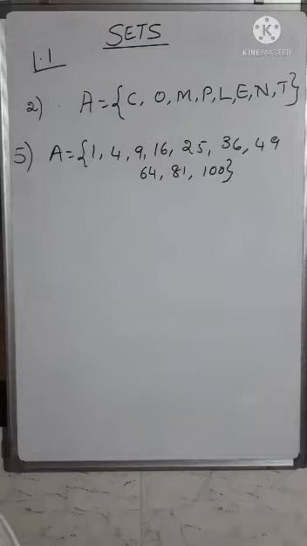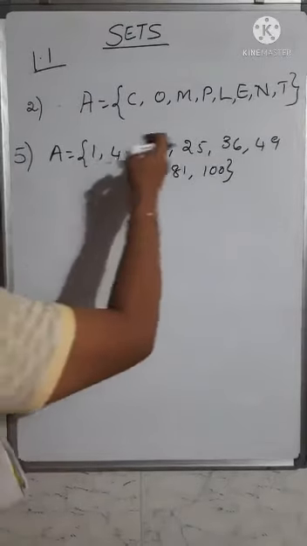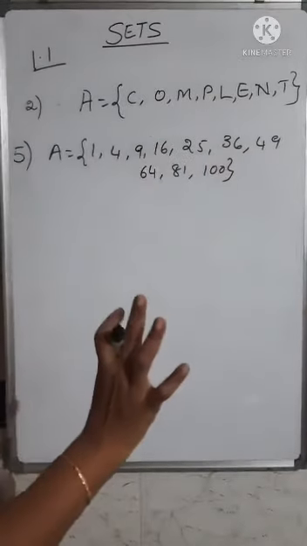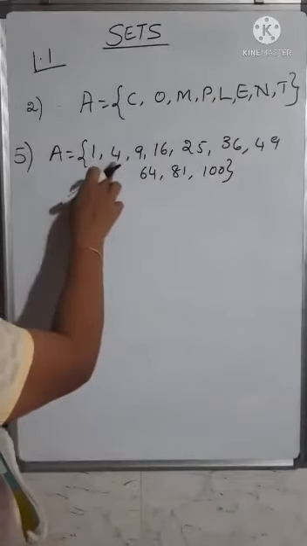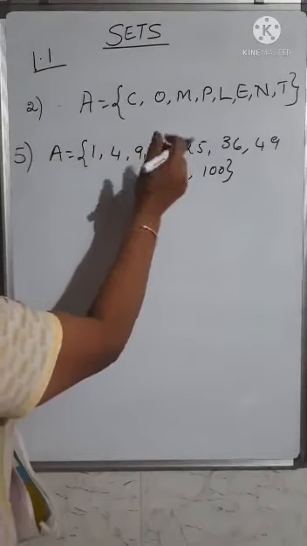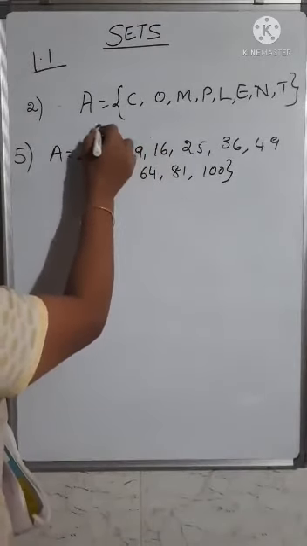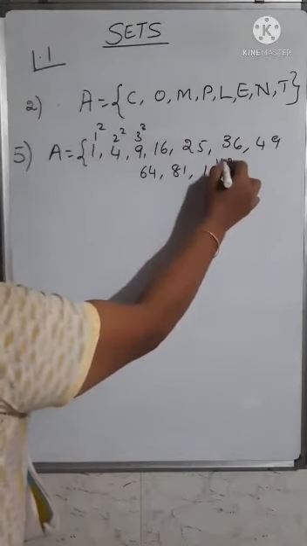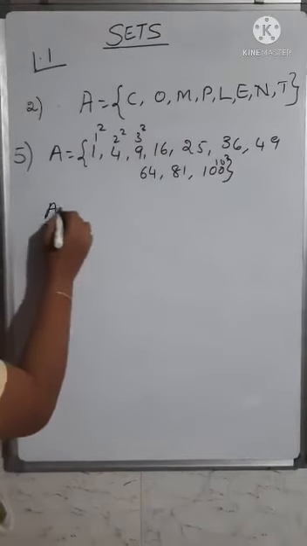To write it using the rule method, you see what type of numbers these are. When you look at these numbers, these are square numbers. 1 square, 2 square, 3 square, 4 square. So these are square numbers. This is 1 square, this is 2 square, this is 3 square. So like this, and this is 10 square. So to write it under the rule method,